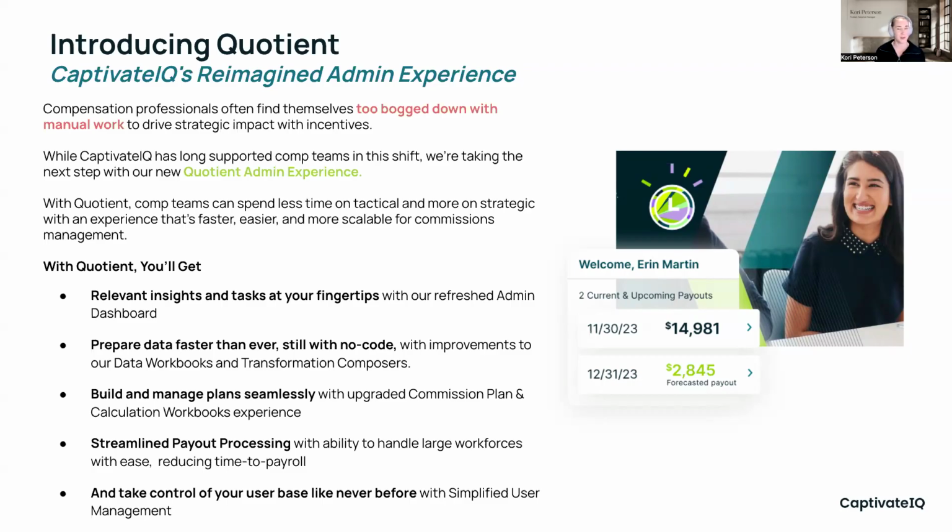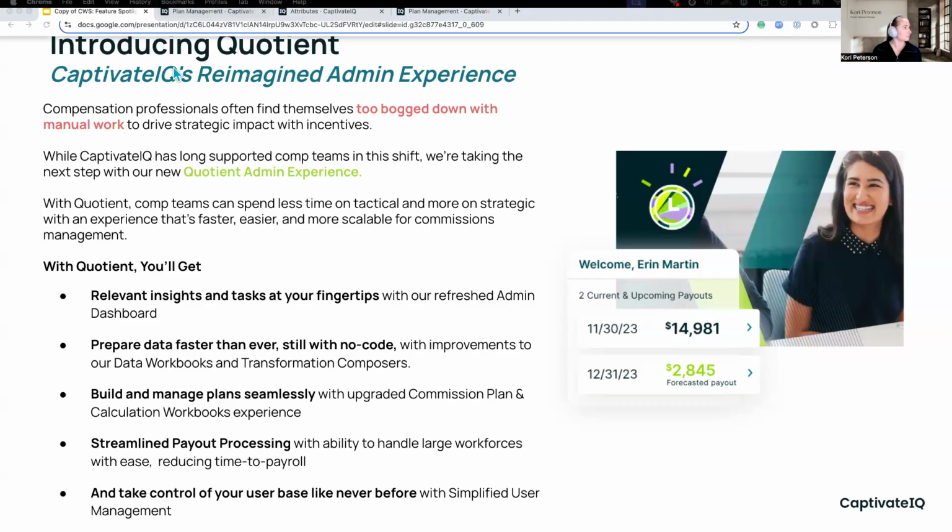that workflows that were maybe interconnected across the CaptivateIQ experience were more accessible and smooth. And that's one of the things that we're hoping to fix with Quotient. We want to help you achieve that desired tactical and strategic balance by simplifying your administrative load, reducing the number of tabs you have to have open, and clicks you need to take to complete your processes. And we already know that that's a huge focus of CaptivateIQ. On average, admins see a 31% reduction in time to payroll from whatever they were using before. But we want to help you close that gap even more so that you can focus on the big picture. So we'll get started with a tour.